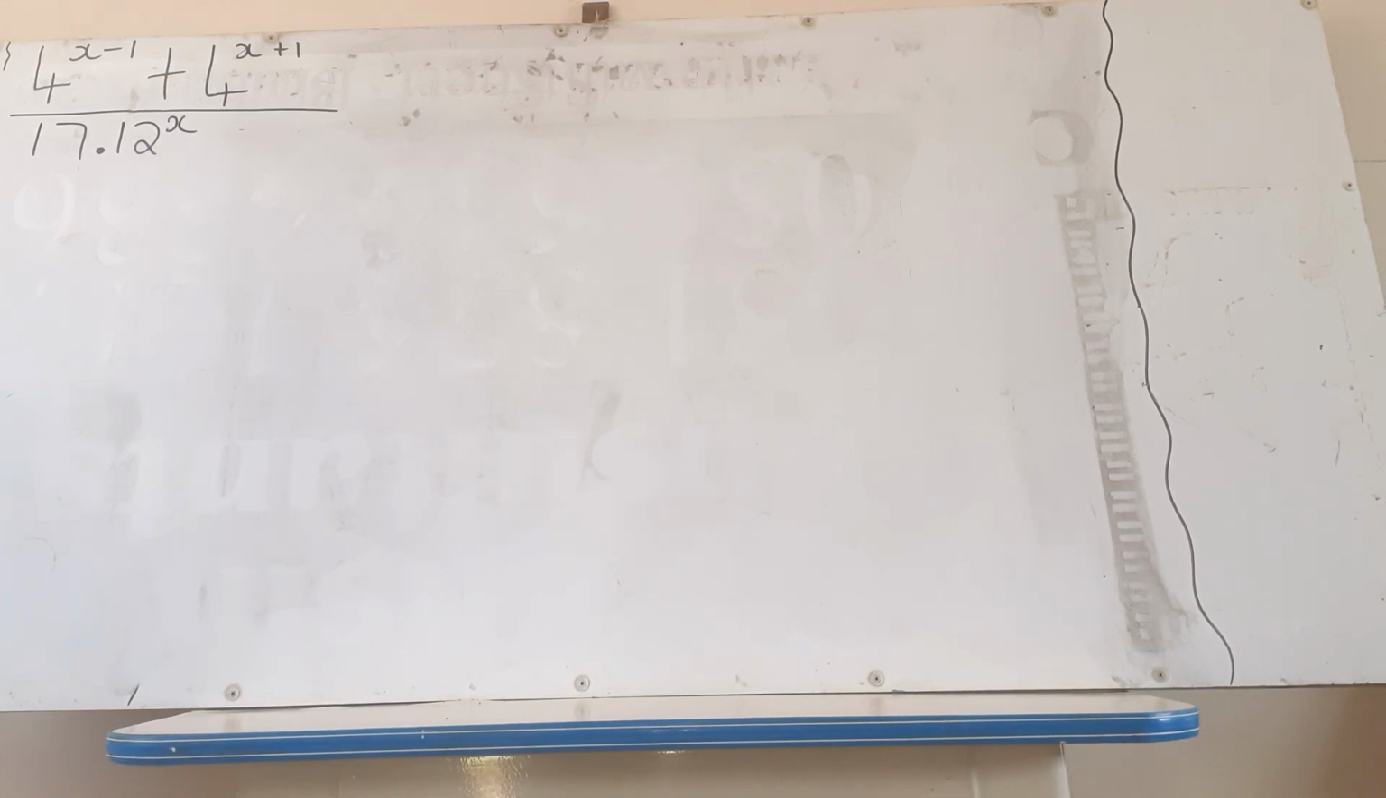Today we will be solving this exponential problem. So we have 4 to the power of x minus 1 plus 4 to the power of x plus 1, over 17 times 12 to the power of x. So the exponential rule that dominates in this